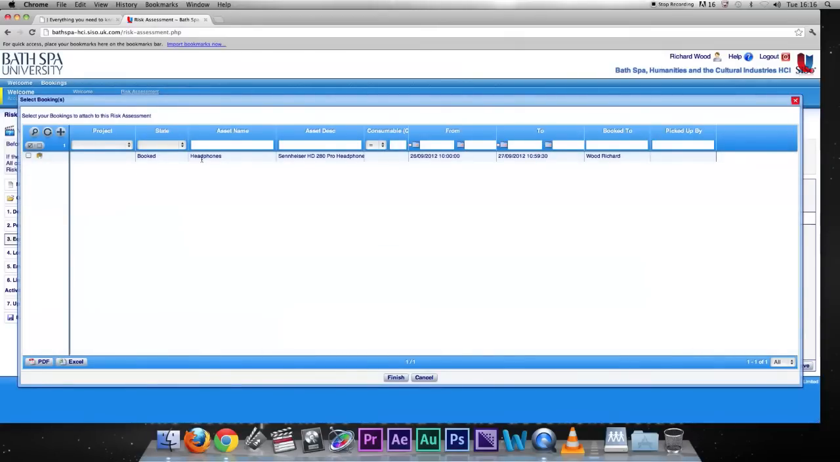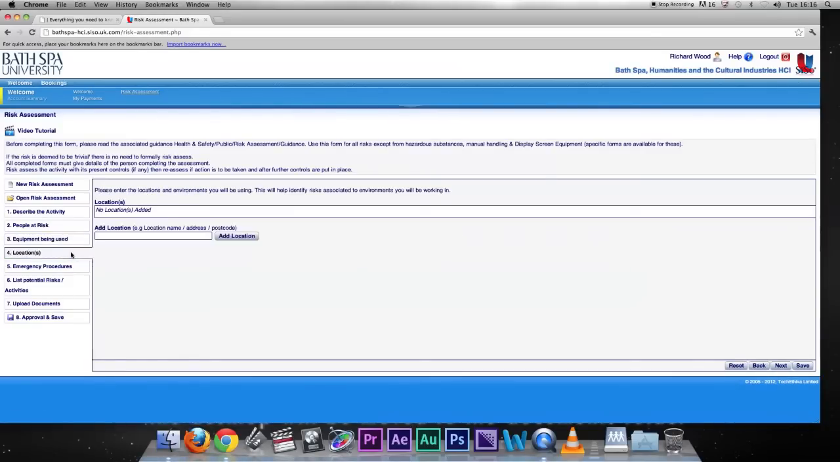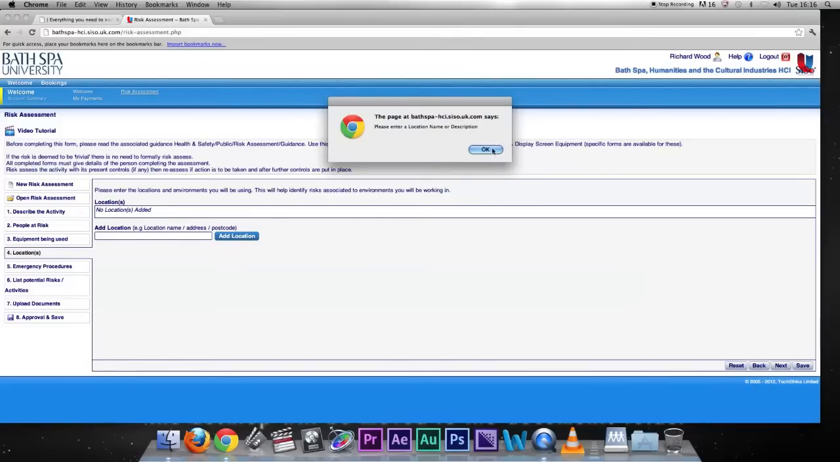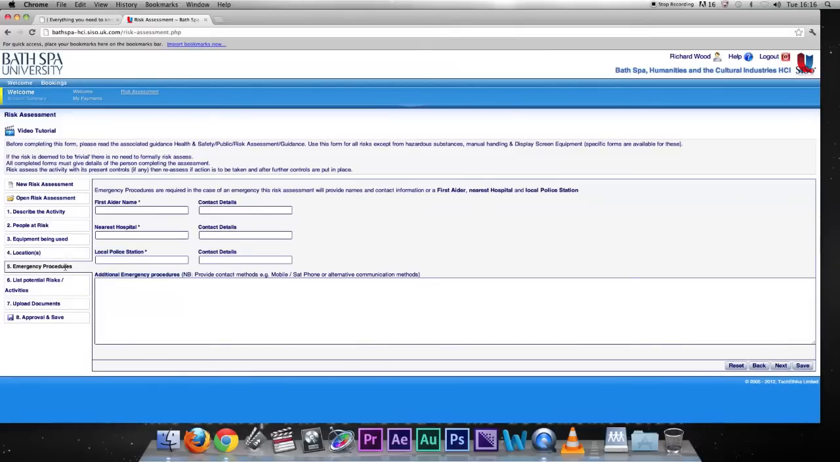And when you click on equipment being used, you can see that my headphones booking has popped up, so I can put that in and then my headphones appear in there. Locations, again, add location, give us a name, postcode, description. Emergency procedures, if you have any first aiders with you, you can get those contact details in there. Nearest hospital, nearest police station,